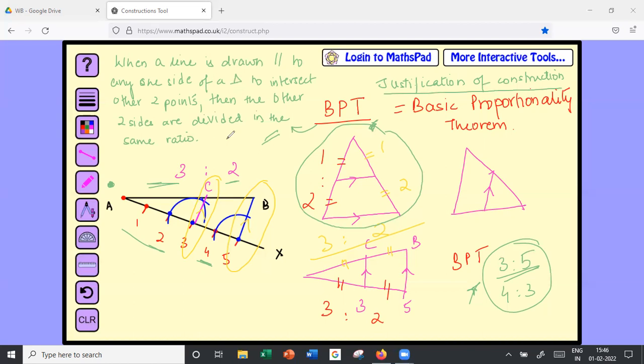Miss, for steps of construction, will they ask to write steps of construction, or do we have to write them for each and every question? Usually they ask wherever it's required. For construction and justification, they'll specify, right? Yeah, they do specify that write the steps of the construction and justify it. They use the exact same word, justification. They won't twist and turn it this way. There's nothing like a rough diagram, only the main diagram.